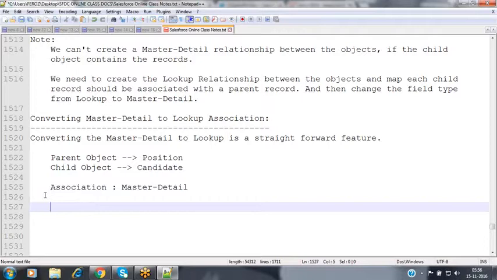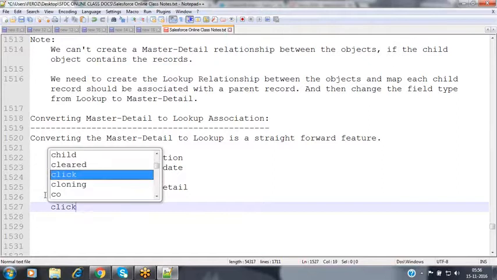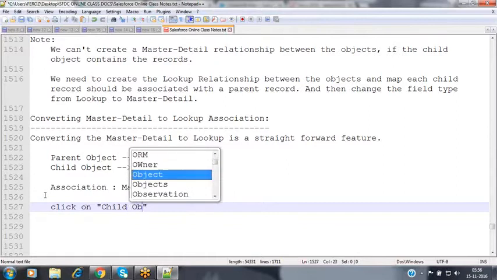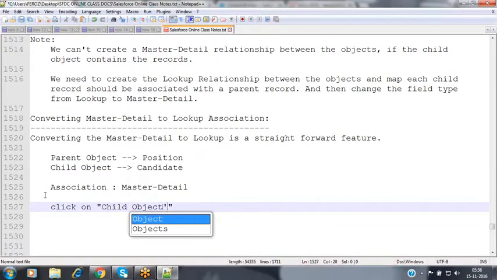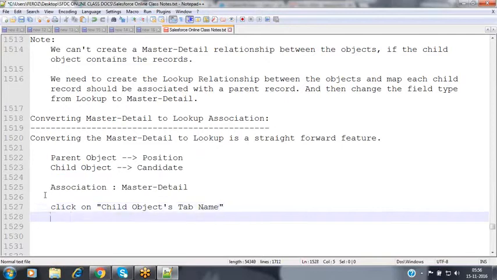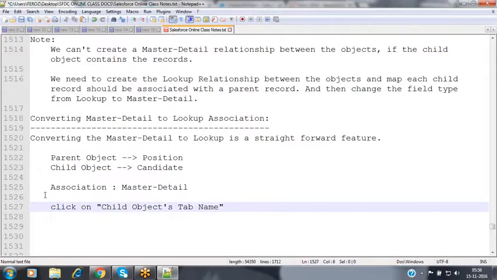Now we will see. For that, we have this navigation here. Click on the child object's tab name. We have the master detail association between the parent and child, and the relationship field is available on the child object.